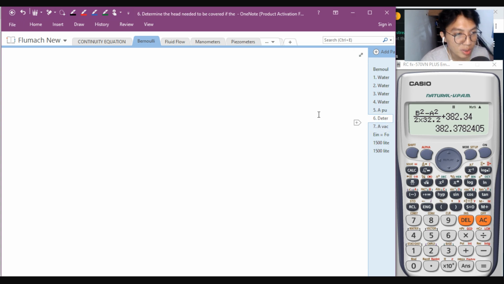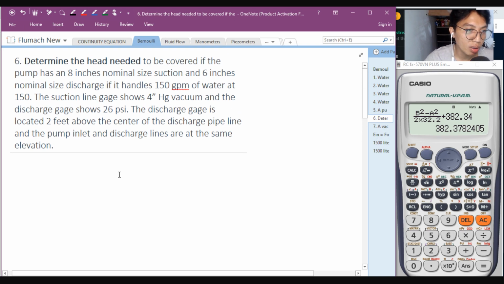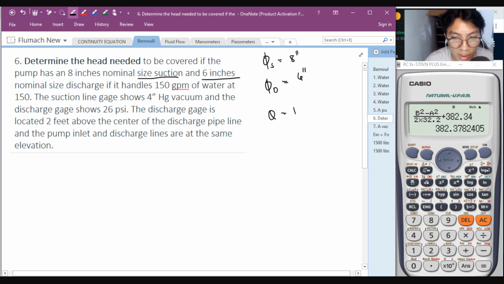Last two problems, number 6. Determine the head needed to be covered if the pump has an 8 inches nominal suction size. Okay? Suction. And 6 inches nominal discharge. So, sa suction, that is 8 inch. Sa discharge, that is 6 inch. If it handles 150 GPM of water at